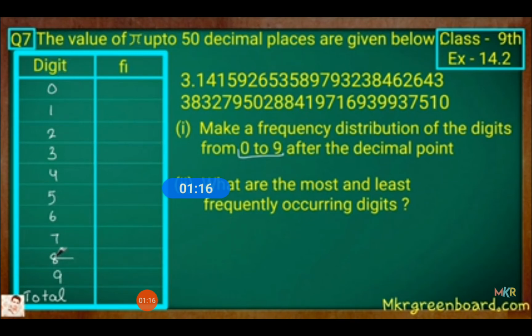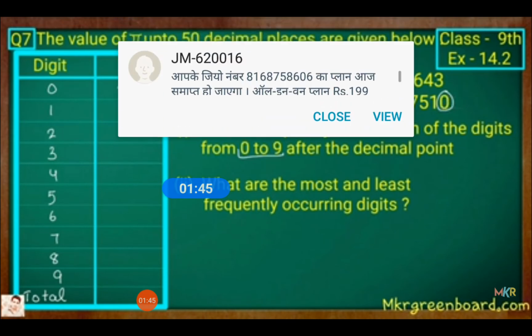So now we will check how many times 0 will occur after the decimal. We will leave this 3, we will not count this 3 because we have to take only the values which are after the decimal. So we will not include this 3, we will cross it. And now check how many times 0 has come in this decimal expansion. So you can count 1 and then 2. So you will write here